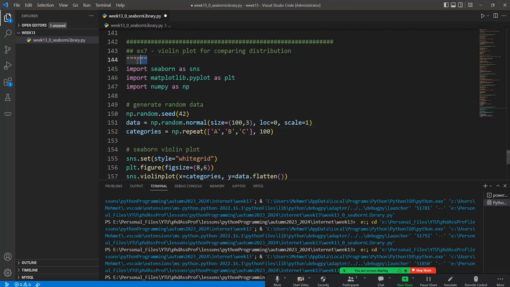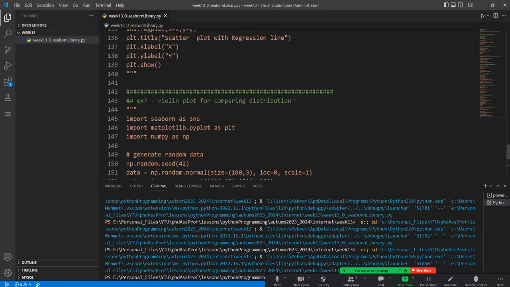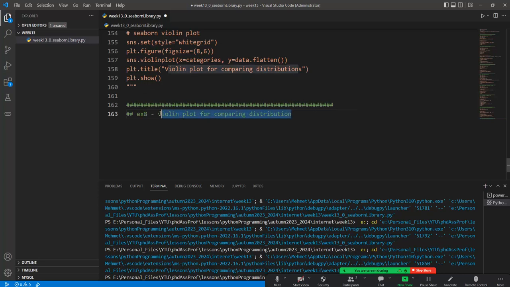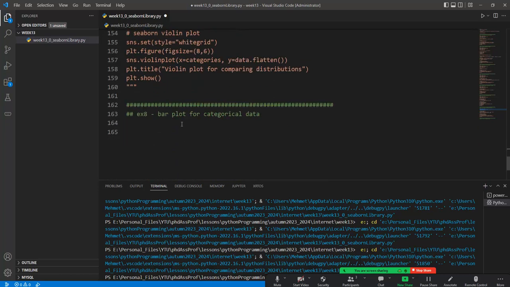This is the 7th example, and we will continue with the 8th example. In this case, we use the bar plot for categorical data, but in a simple way, because we need to learn about these things also in here. Okay,